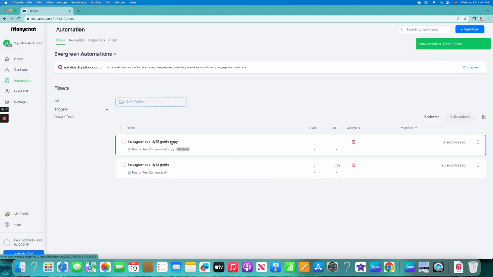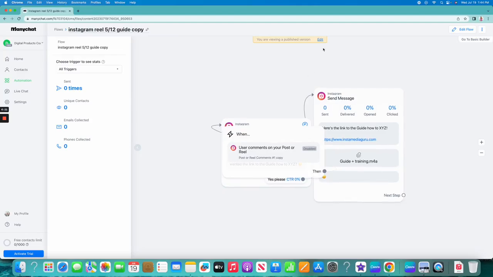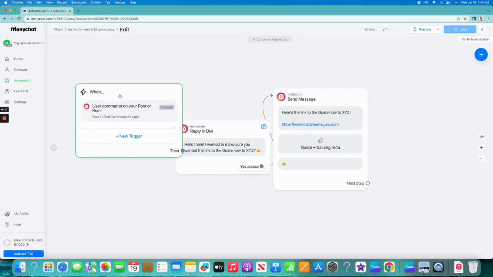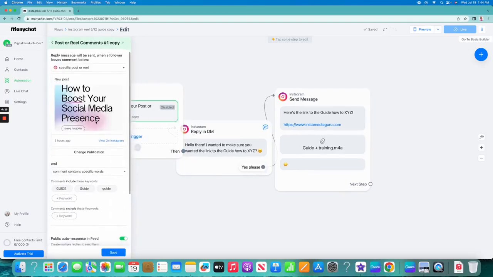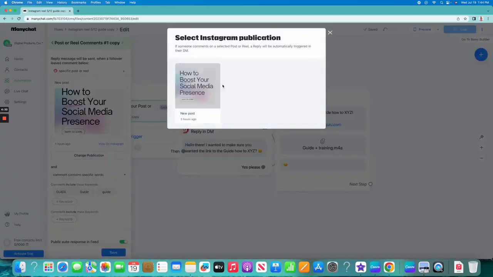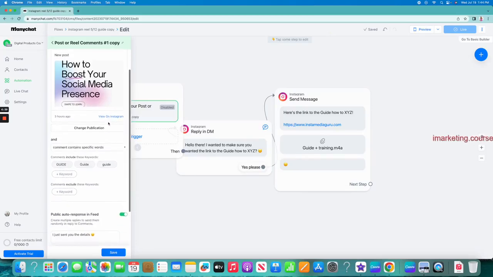And then this is where the copy is. So you're just going to go to that copy, click on edit, and then you're going to edit this trigger. So all you're gonna do is just change the publication, and you're going to change it to a new publication. Now we don't have any other post here, but you would basically just change it to a new publication and